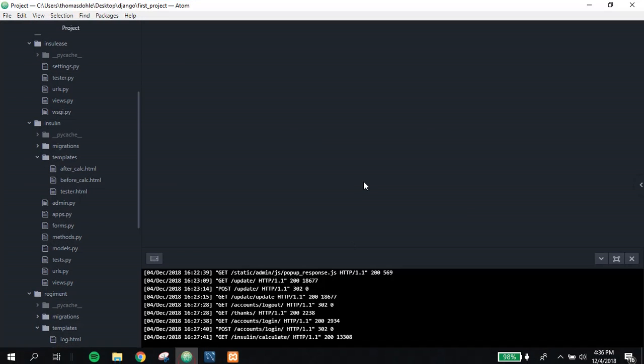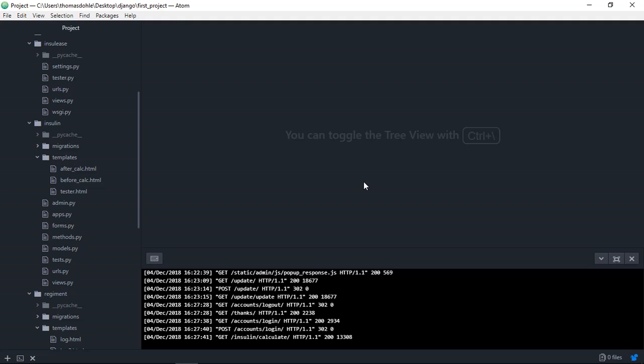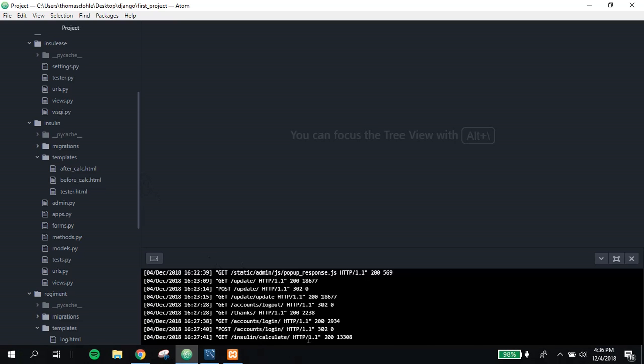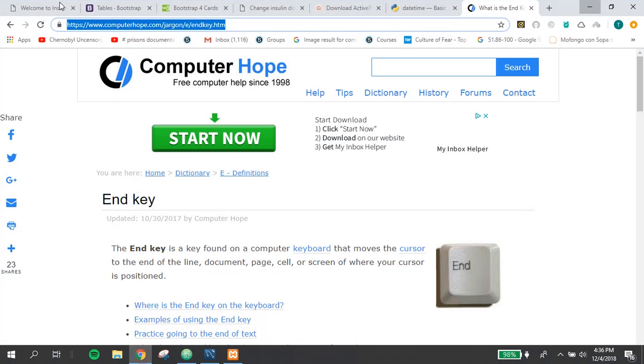So the Atom text editor is an open source editor that I've come to love a lot because it allows me to run my entire web application in one place. This stores all the HTML, all the Python code, and all that kind of good stuff. And Django has a lot of really great things built in. So I'm already running my web server through here. So if I go to my browser,